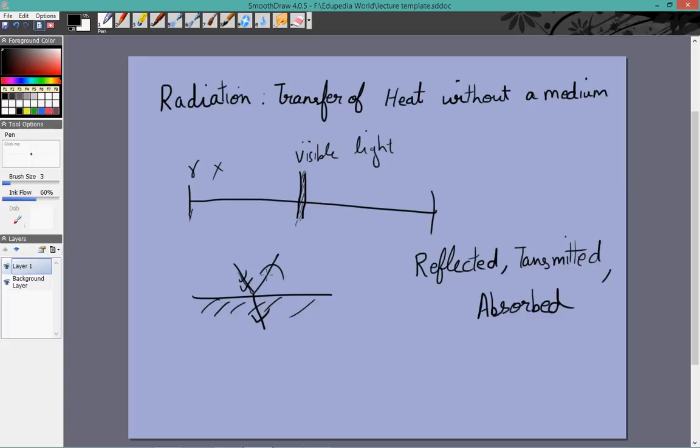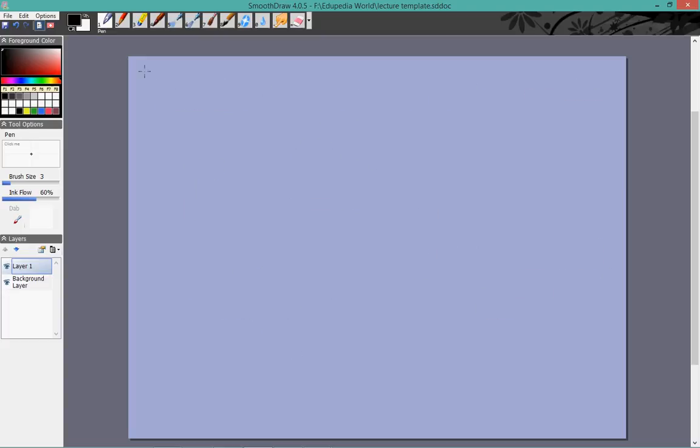Of course, the total fraction of energy reflected plus fraction of energy transmitted plus fraction of energy absorbed will have to add up to 1, because the total energy falling on any surface will have to either be reflected, transmitted, or absorbed. There is a very special kind of body which we talk about in radiation, and that is called